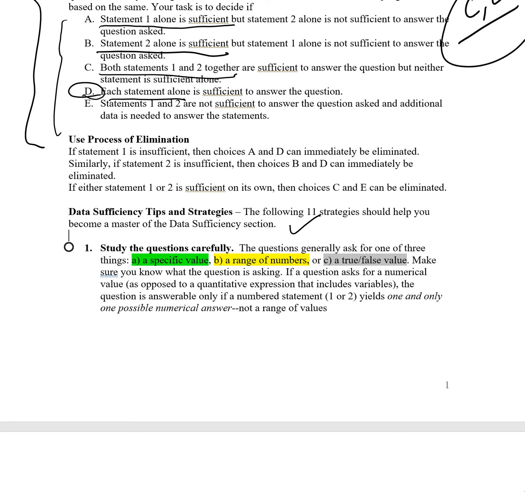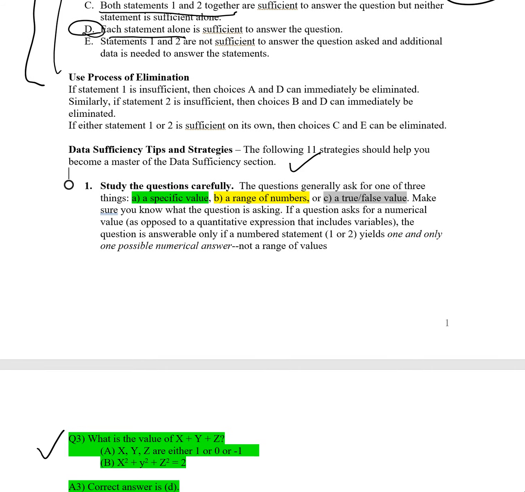One can be reading in between the lines. So if you're not reading in between the lines, then there can be an issue. So what is the value of X? Supposedly that's a question. They have asked you the value of X. They have not asked you the multiple values of X. I'm just giving you the hint. So let's talk about the first strategy. Study the question carefully. The questions generally ask